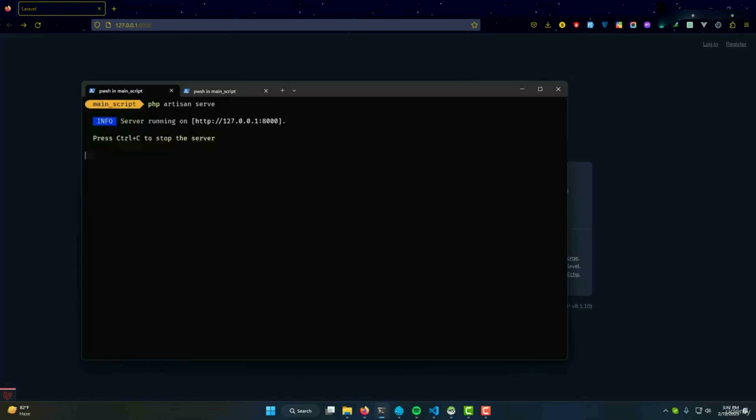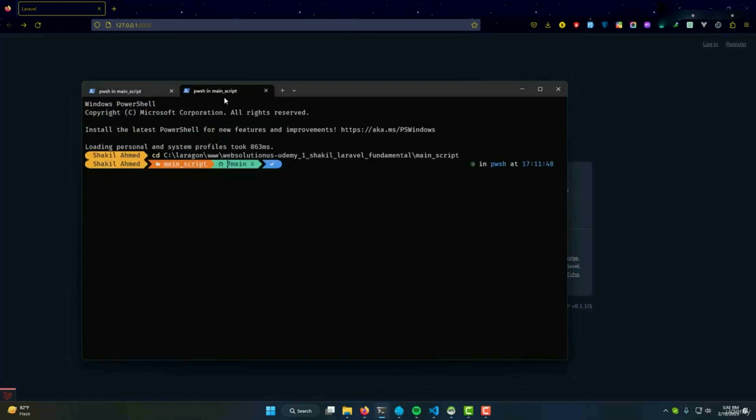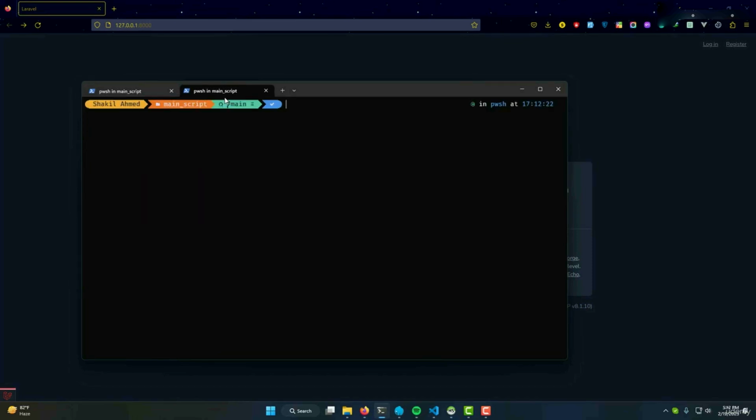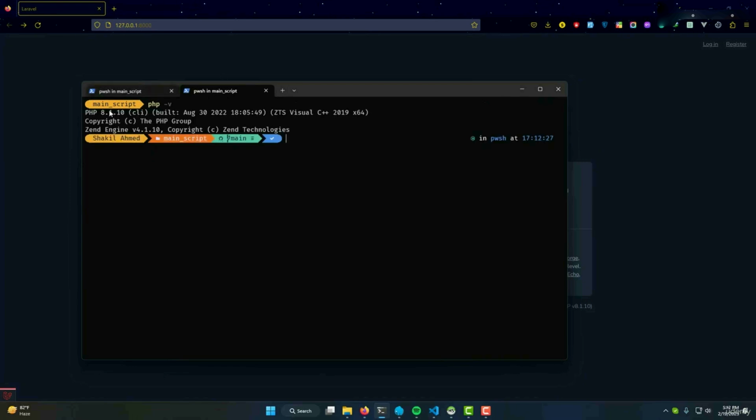First of all, let's go to terminal. First of all, you have to check that your PHP version is greater than or equal to 8.1. So in here I will say php -v. As you can see, my PHP version is 8.1. Okay, so if you want to upgrade your Laravel 9 to Laravel 10, you have to upgrade your PHP version